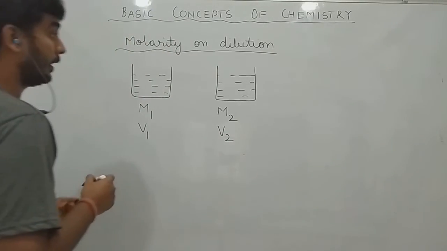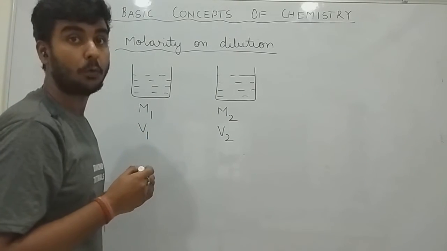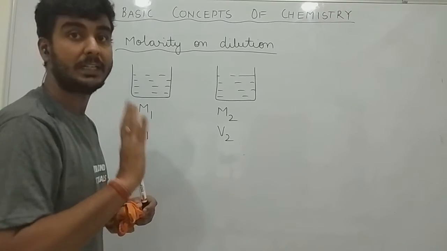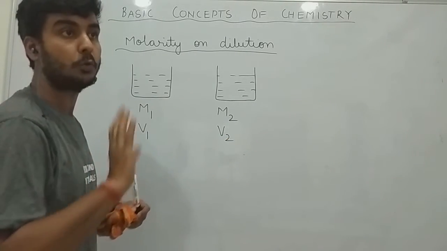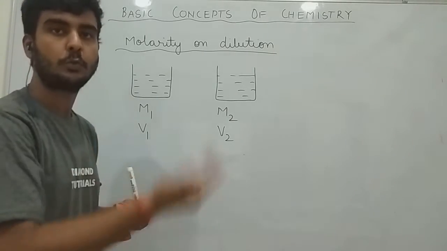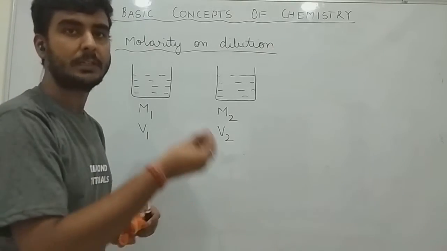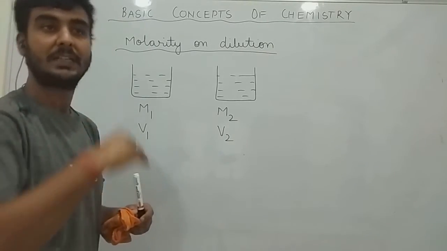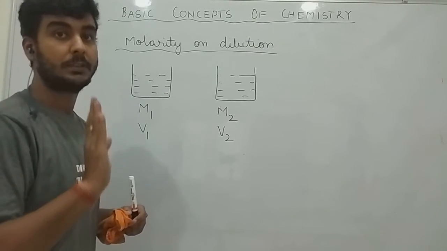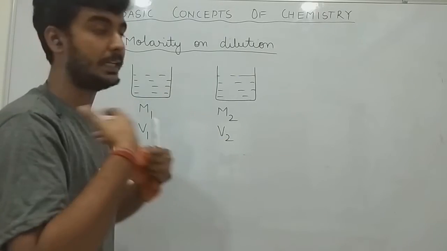Now remember one thing, this is the same type of solution, meaning you have only added solvent to the solution. You have not added any third component to the solution. Don't do that. Suppose there is a solution of salt and water, if I want to dilute it, I will add water. If you add sugar to that solution, that is not dilution. That will become something else. So don't change the nature of the solution. The solution remains the same. You have to add the solvent to dilute it.